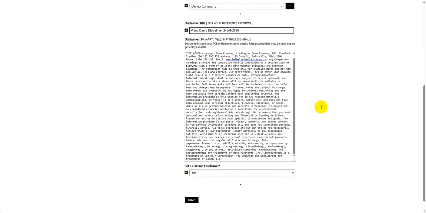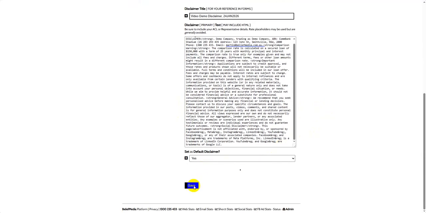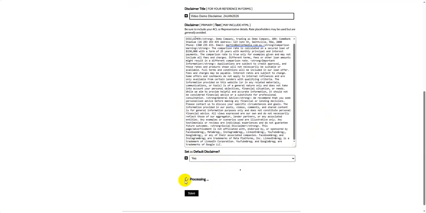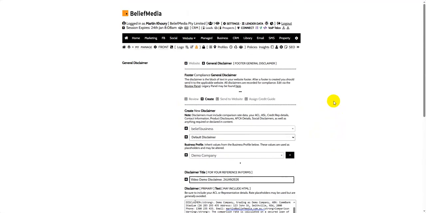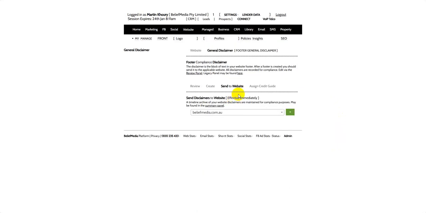Now we're going to save this. So I'm going to save that. Remember, it's set as my default disclaimer. This will update the system, obviously. However, we need to send this disclaimer to our website, and that's where the option to send to website comes in. Now, you will notice in the disclaimer,